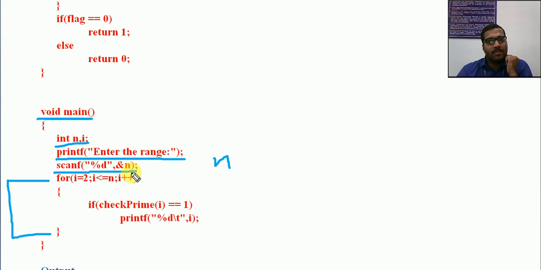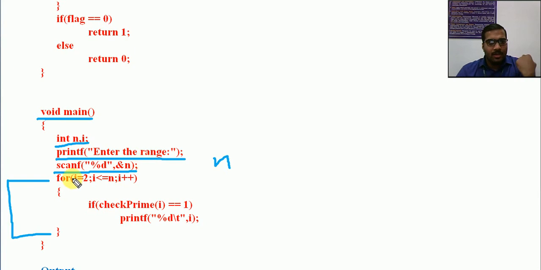1 is not considered here, because normally 1 is not considered a prime number. Prime number means, once again, a number that is divisible only by itself and by 1, exactly two divisions. If any other number in between divides it, it cannot be considered a prime number.